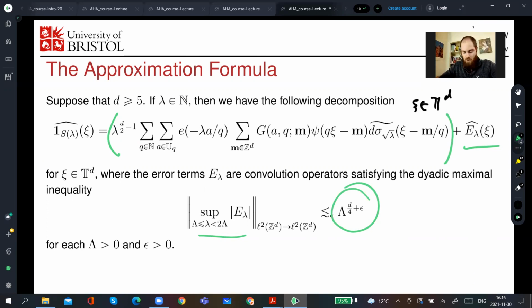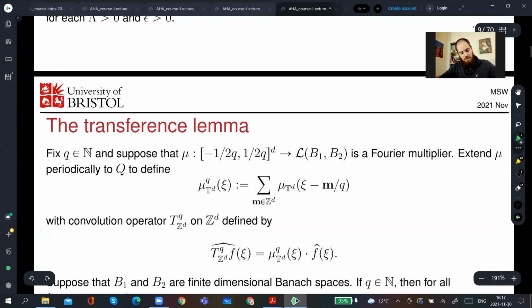So it's lambda to the d over 4 plus epsilon. Ignoring the epsilon, which you can remove, Magyar Stein Wainger proved it without it, but we won't need that today or in this course. When you appropriately normalize this, you're going to normalize by a lambda to the d over 2 minus 1 to pull that out, and the normalized error terms are going to be summable over lambda, taking big lambda as a geometric sequence, such as 2 to the j. And this will be as soon as d is greater than or equal to 5. All right, we'll see that in due course.